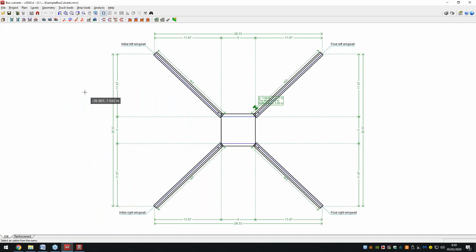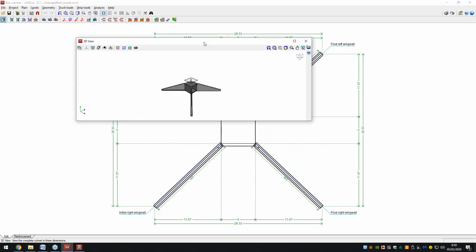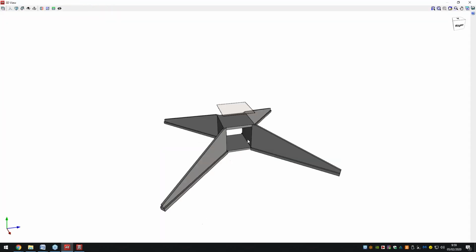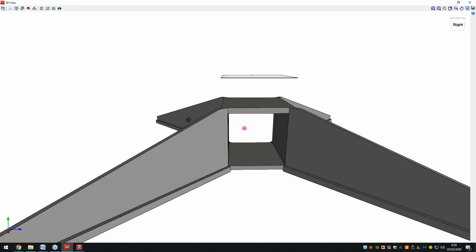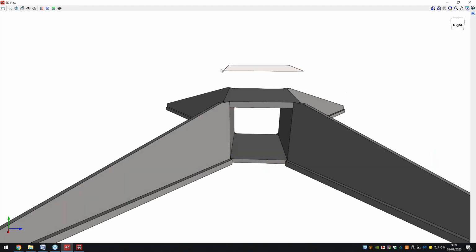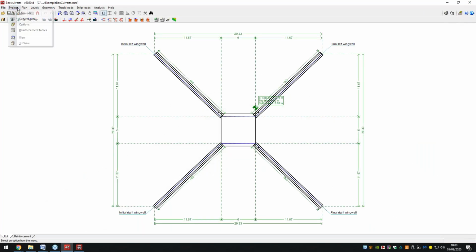And you can see here, the program generates the box culvert automatically. To start off with, I can consult it in my 3D view. You can see here this particular plane demonstrating the roadway as well. So here you can see a basic, and this is what I want to demonstrate, the basic work environment that